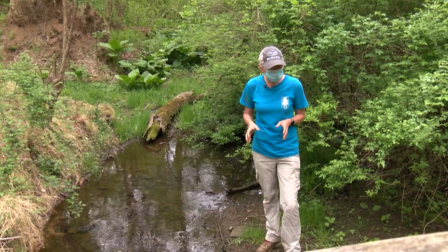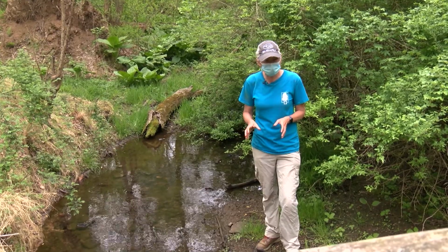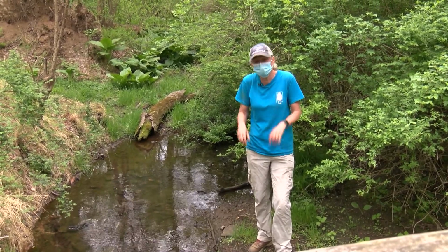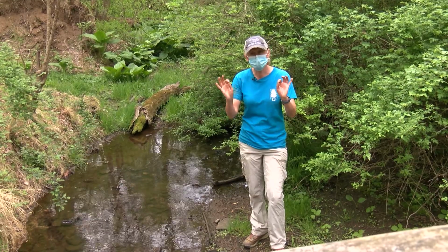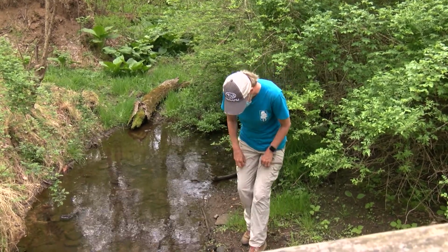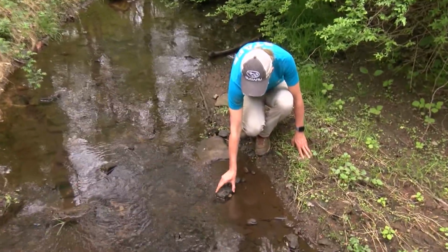So, important thing about the creeks in our area, they are an absolute lifeline for many animals. And if you're lucky enough to get to go down to one of the parks and you want to check out what's in the creek, tread carefully, because most of the creatures in the creek you can't even see. They're camouflaged. The best way to figure out what lives in the creek is to gently pick up a rock